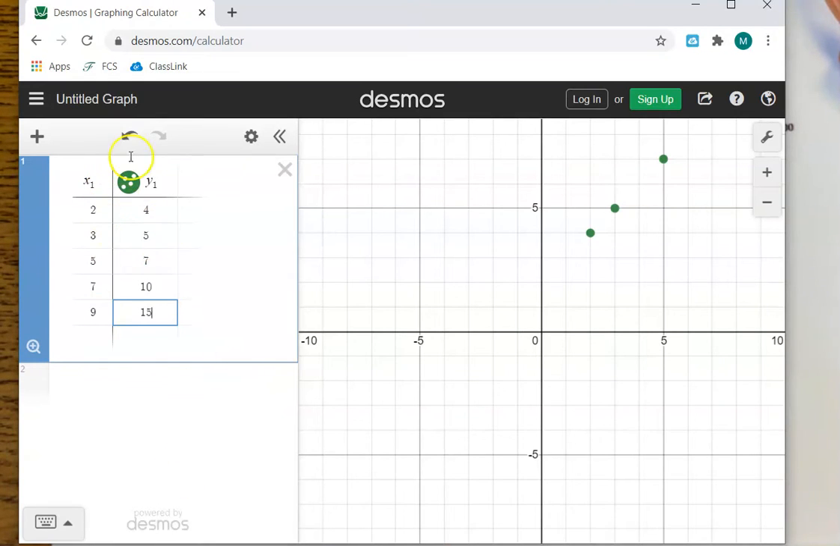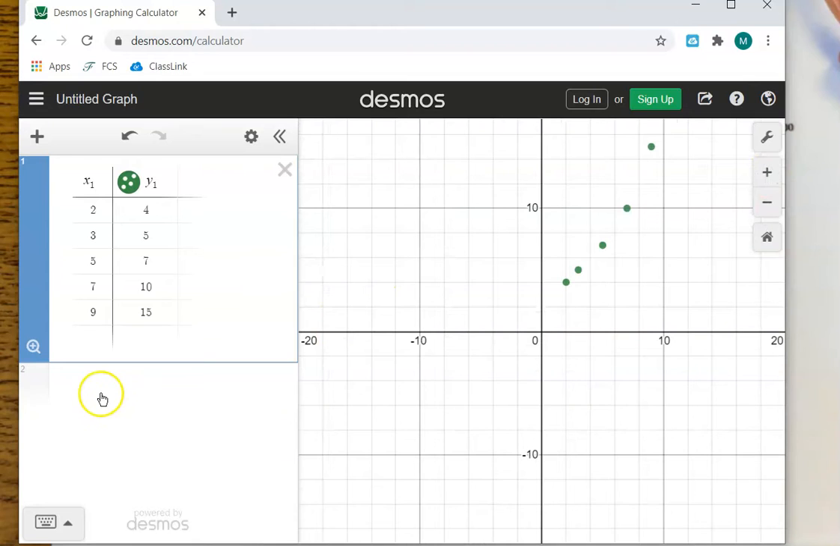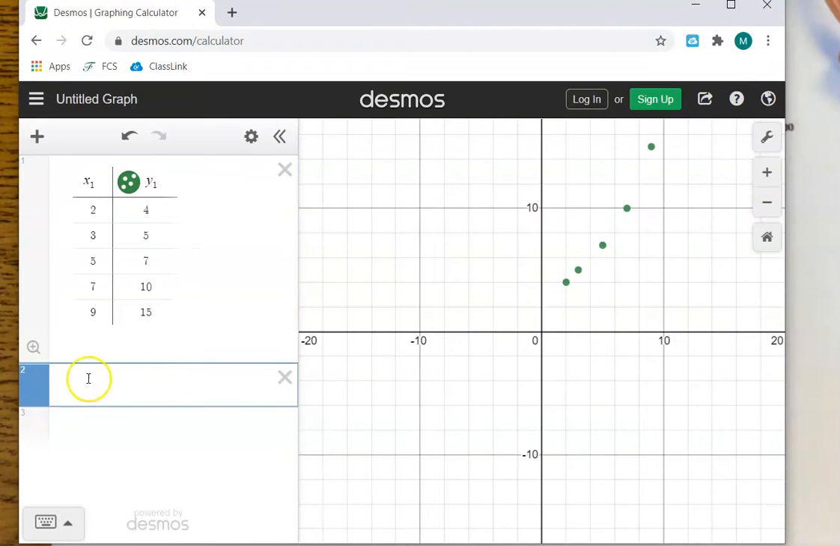Remember, each of these represents data points that we collected. So this first one of 2, 4 represents 2 hours of sunshine and 4 ice creams sold. So that's a piece of data that we collected. Alright, you can see that it's plotting it off here to the side. See it over here? Alright, so remember, to get our least squares regression line, we're going to click in the